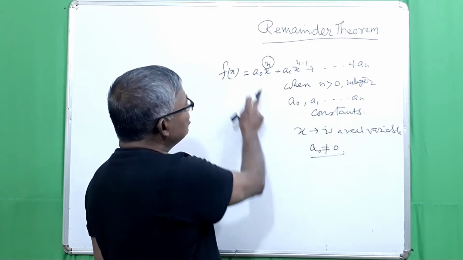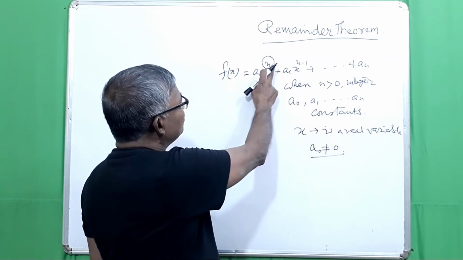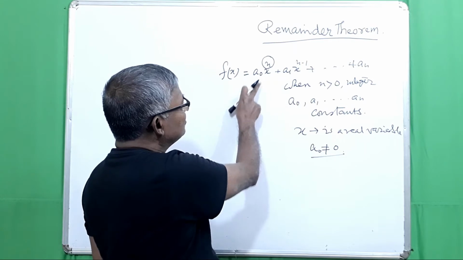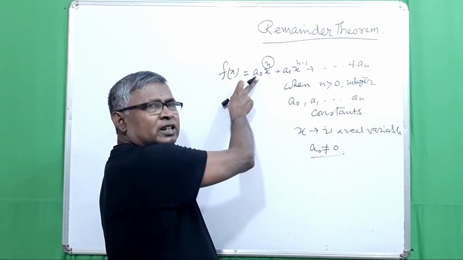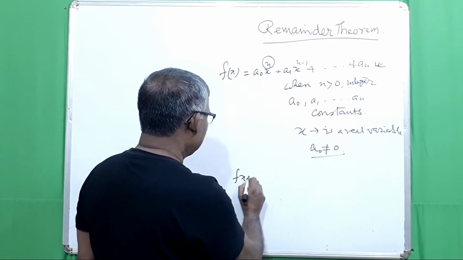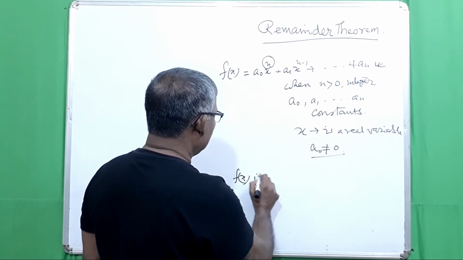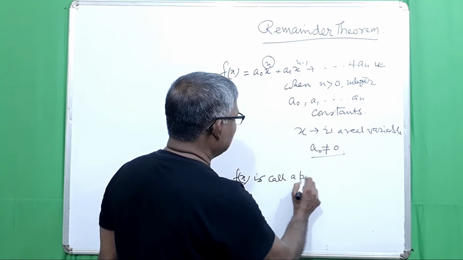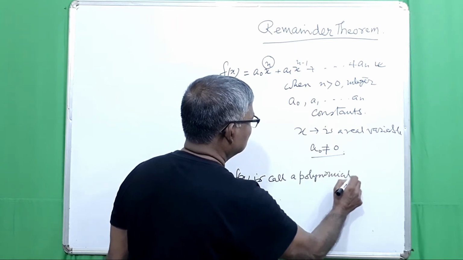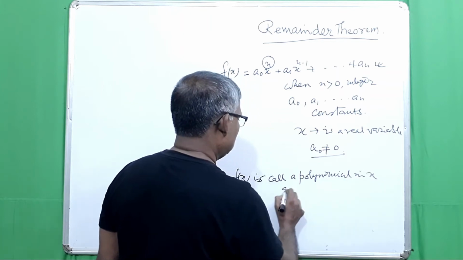If a0 is 0, then the degree of x will be less than n. That is why we consider a0 not equal to 0. So the algebraic expression f(x) is called a polynomial in x of